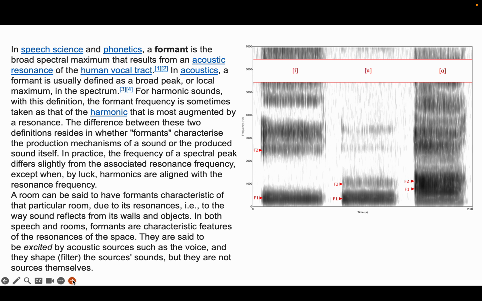In both speech and rooms, formants are these characteristic features of the resonance of the space, and they're said to be excited by acoustic sources such as the voice, and they shape or filter the source's sounds, but they're not the sources themselves. So here we see three different formants, the sound of I, U, and A, and you can